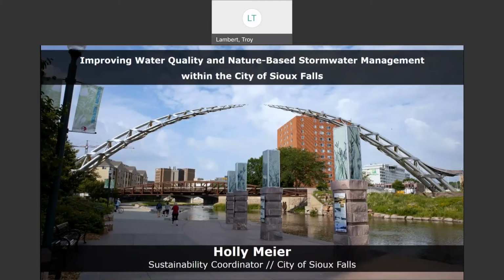Currently, Holly's work centers around coordinating the development of the city's Sustainability and Climate Action Plan and starting to implement the actions developed therein. Holly has a master's degree in natural resource science and management from the University of Minnesota. Holly and her husband have 2 daughters, ages 4 and 1. Making sure her girls and all kids and future generations have a beautiful, livable world when they grow up is one of the driving forces behind her work. Please welcome Holly Meyer.